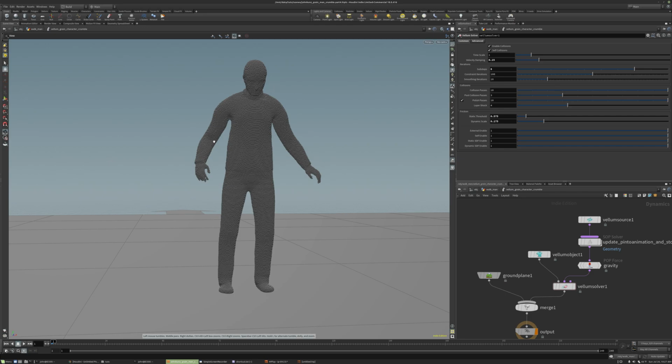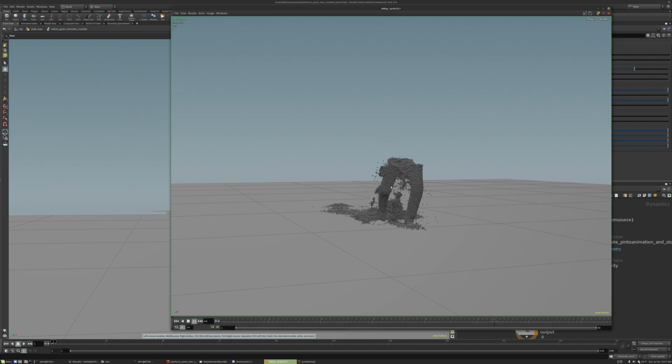And this is just to continue to have stability with the solver. We have a lot more particles, so we're going to have a lot more interactions between them every frame. And to keep things from exploding or blowing up, you just generally need a few more sub-steps to do that. And then with the velocity dampening, I'm going to reduce that. It just looked like before we had a bit too much energy loss. It would be nicer to see him inherit or preserve more motion from his original kind of walking animation. So with too much velocity damping, it's killing a lot of that motion because it's reducing the energy of the